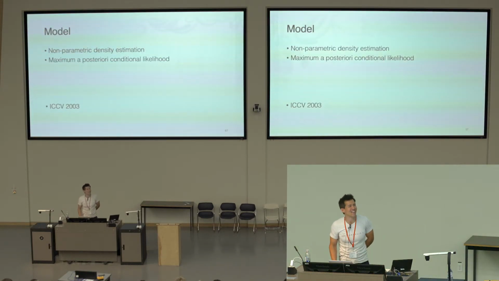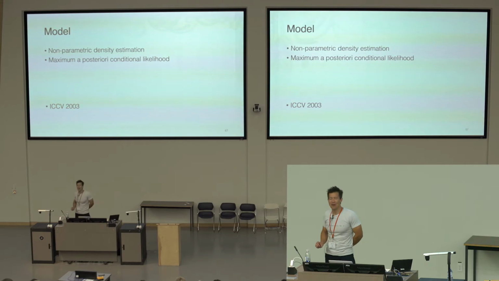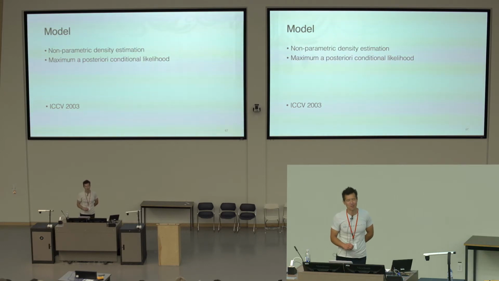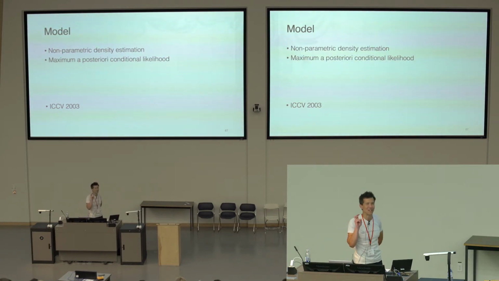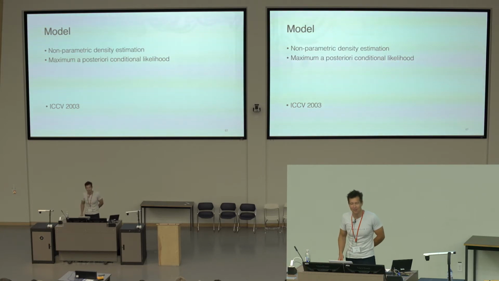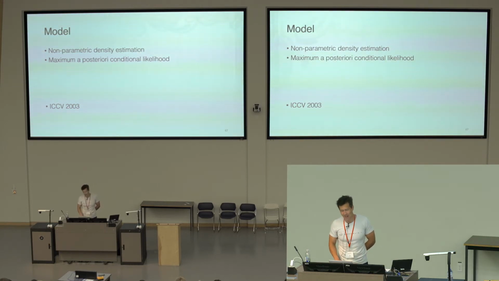It's 2003. So we were doing things like this in the past. If you had to say what the model was, it was what you call non-parametric density estimation, or nearest neighbor matching, and basically putting in a person based on what happens. So a lot of great things have happened since then, and we've worked on this problem as well.